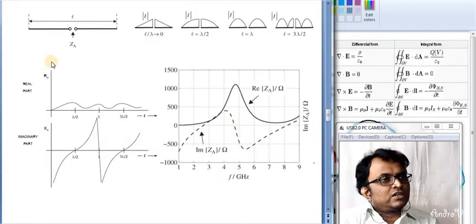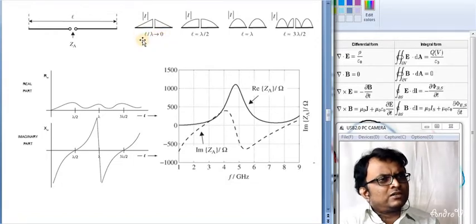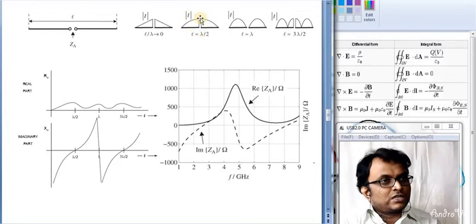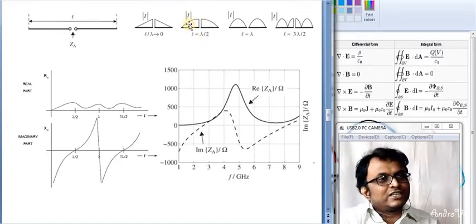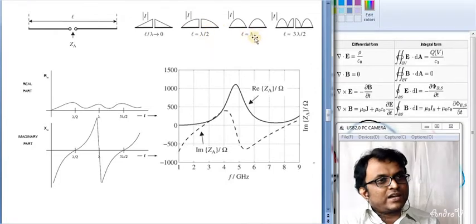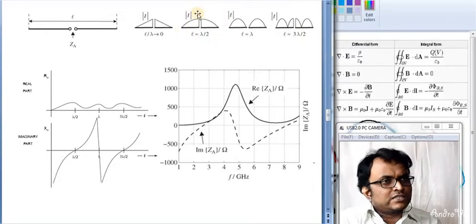Now we are looking at the length. If the length of the antenna is varied, the current distribution changes. If the length of the antenna is very small, that is L by lambda is almost equal to 0, means L is very less, then the current distribution is almost a triangular pattern. Already we have discussed that. Similarly, for lambda by 2, this is a Hertzian dipole, which is our point of interest, the current is basically a half sinusoidal wave. If the length is lambda, there are two halves of the sinusoidal wave, and for 3 lambda by 2, it will look like that. Our point of interest is the lambda by 2 antenna.